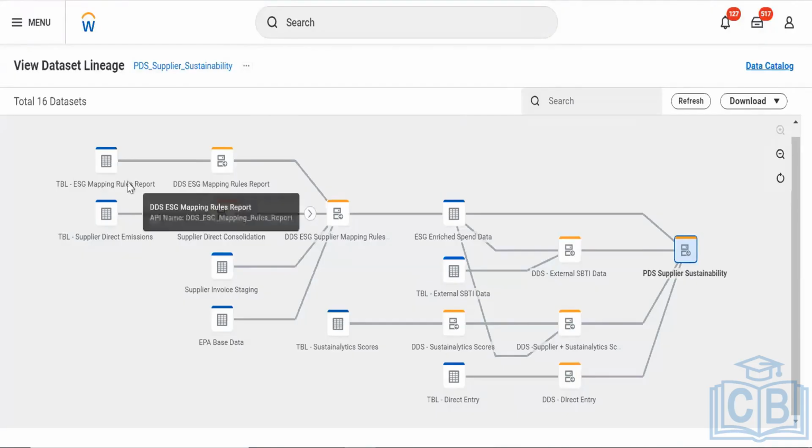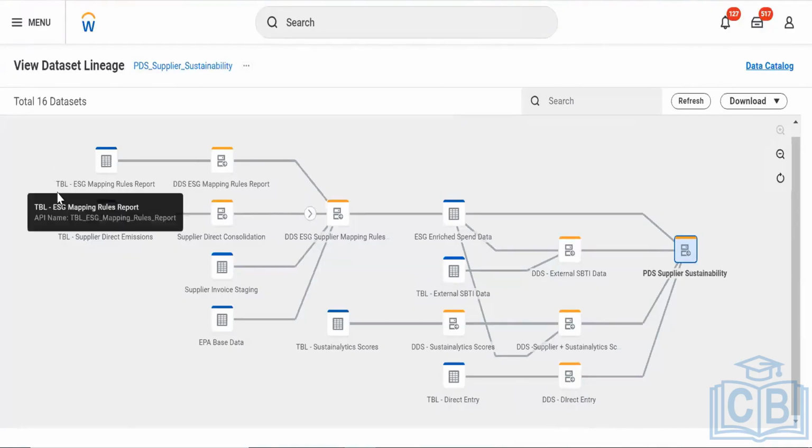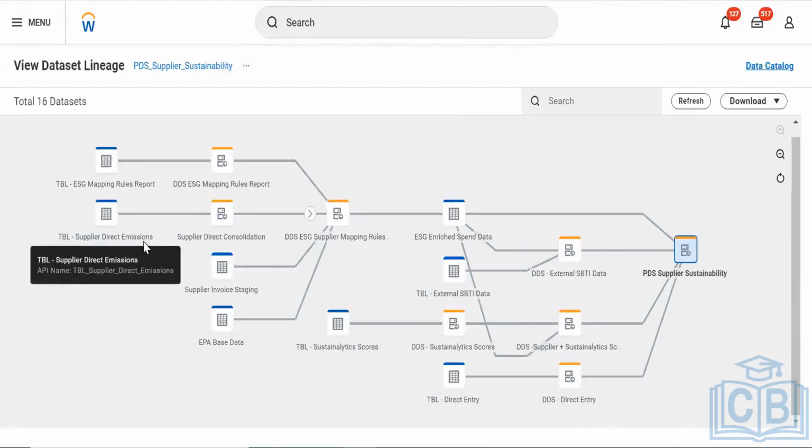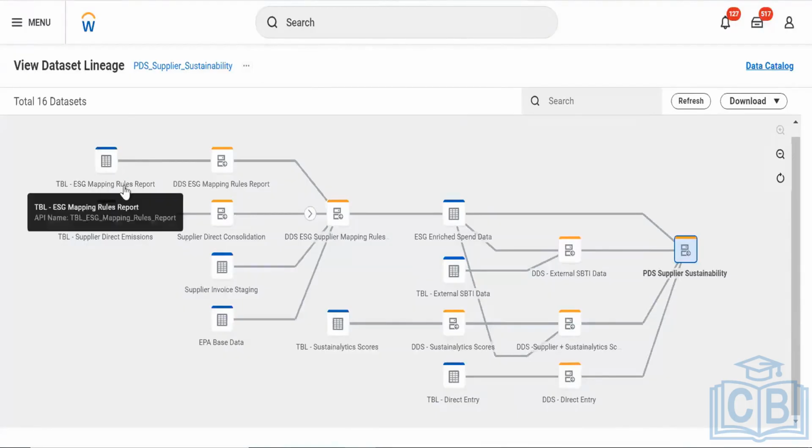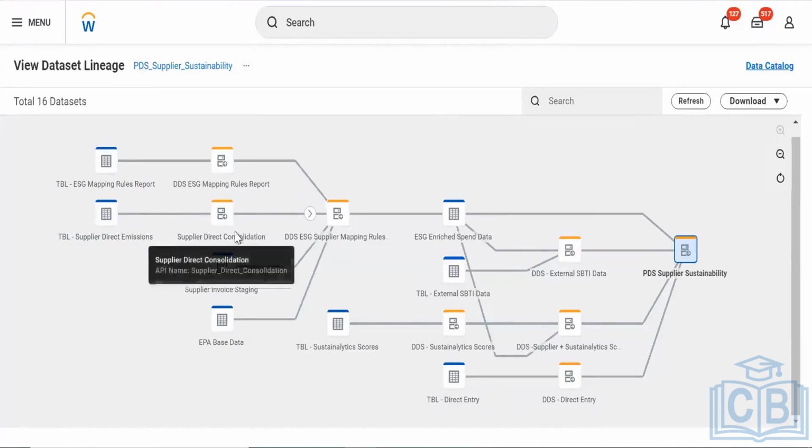It is very important to name things correctly. If I name it TVL ESG mapping rules and supply direct emission, I can know that this table consists of mapping rules and this one consists of supply direct emission. Then here I am getting the data and storing the data, and here I am doing some consolidation or transformation.